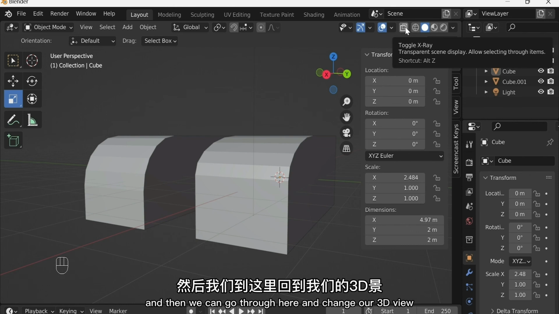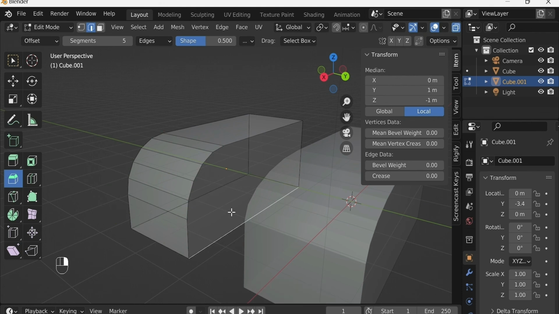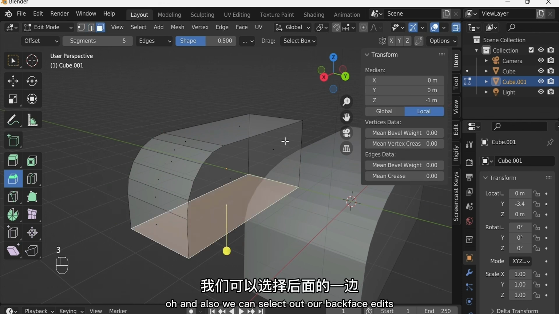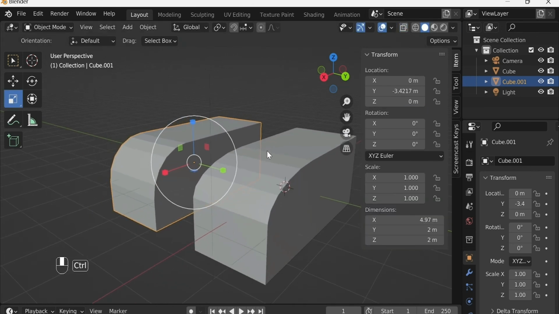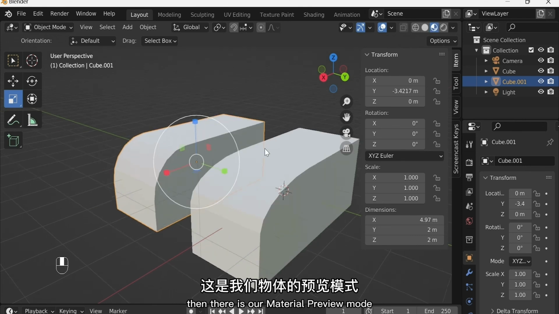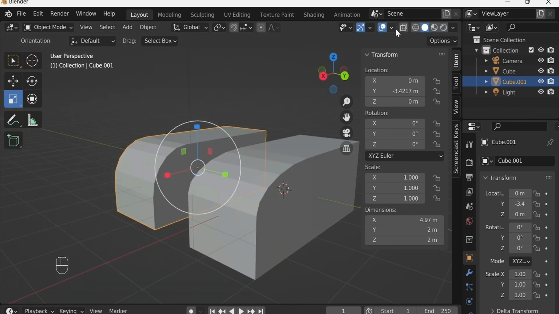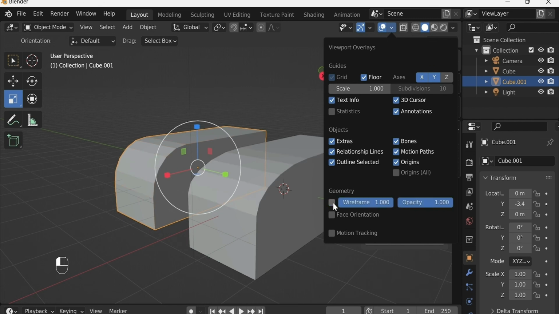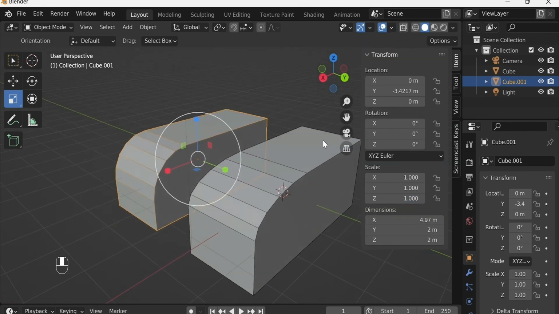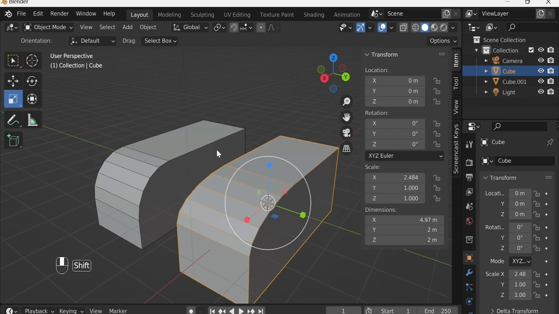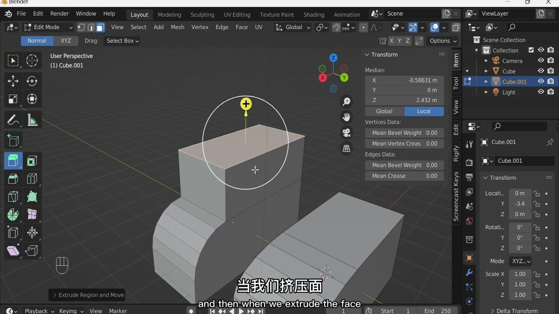And then we can go through here and change our 3D view, and this is our X-ray. Oh, and also we can select all our back face edges. Then there is our material preview mode, and this is our render mode. Of course, the wireframe can be opened here, and then when we extrude the face,